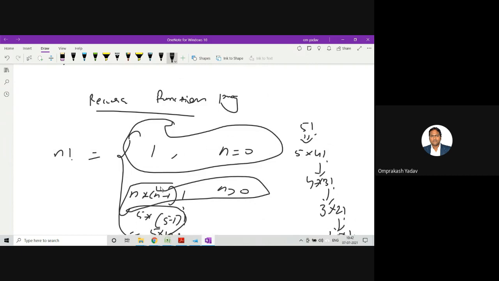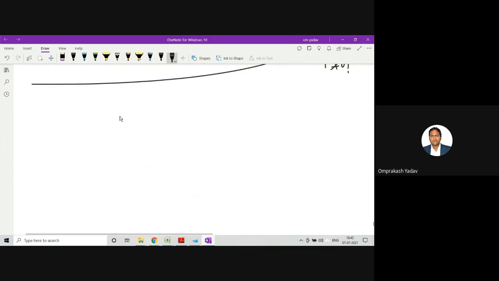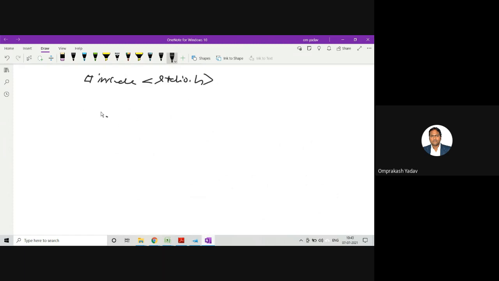So let's go ahead. #include. I'll first write over here so that I can explain to you, and then we can write it on an online compiler. Int fact.